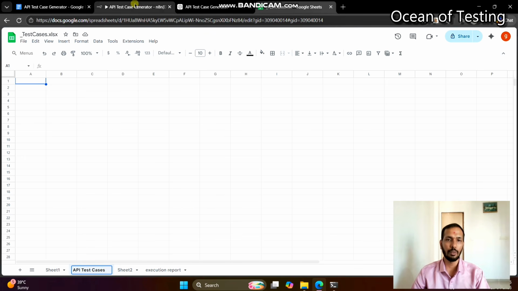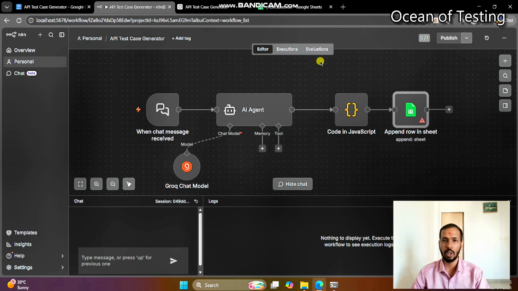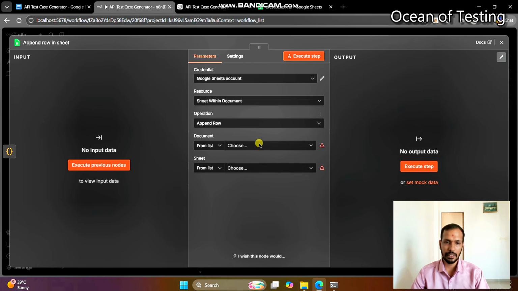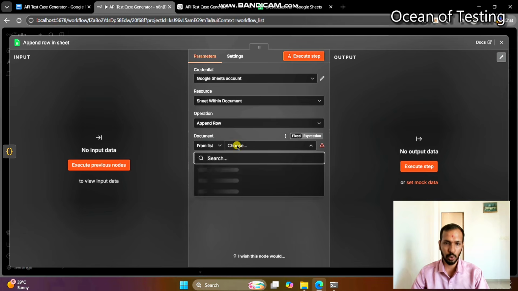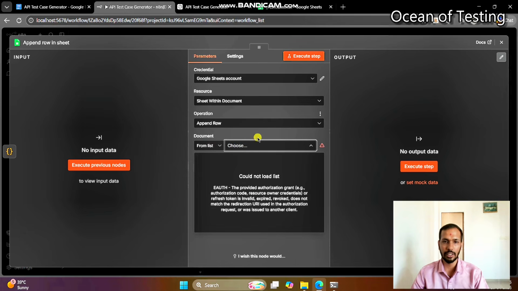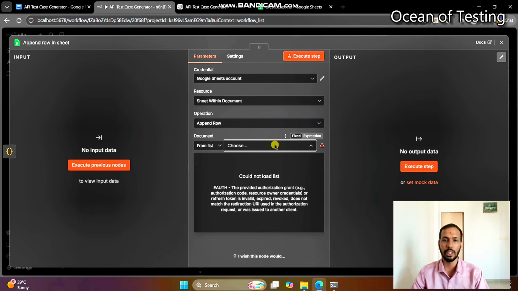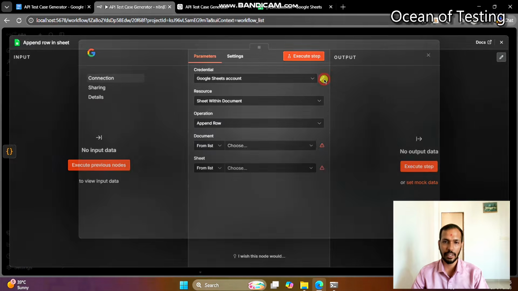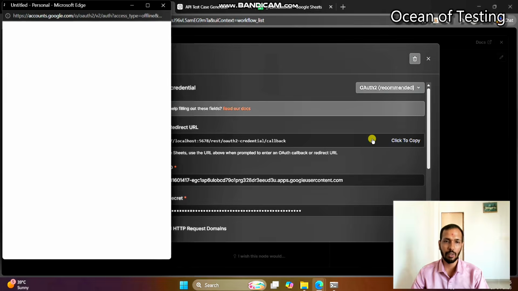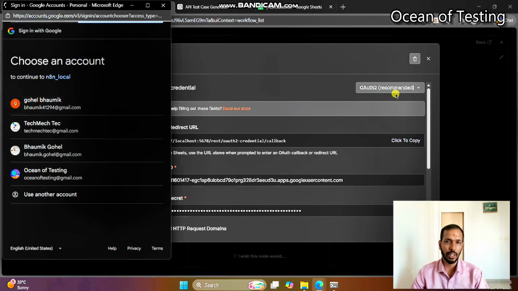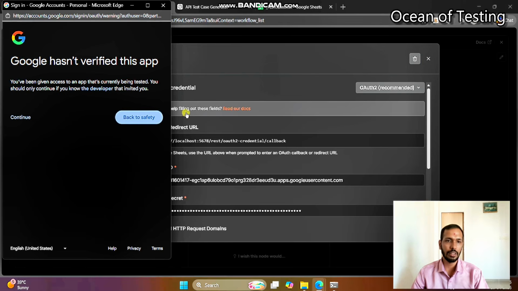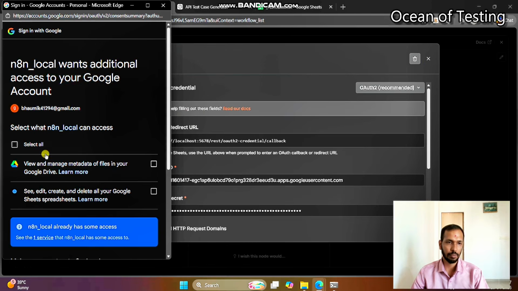Then we configure our nodes. So our sheet is ready and simply open this and first we choose our test cases sheet. So it's append row and then choose the test cases, because it gives me some error. So simply sign in with our account and then it will remove the error.